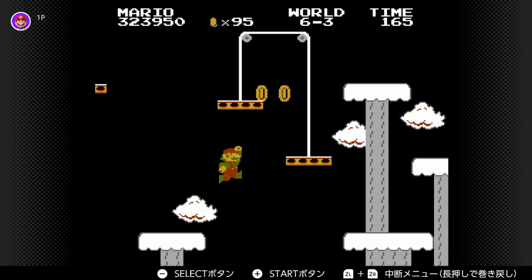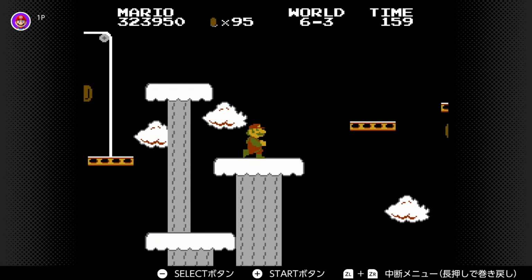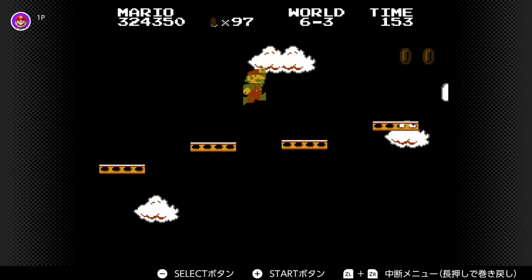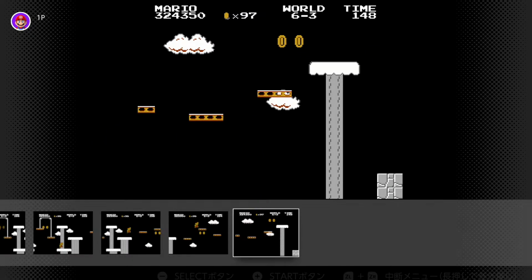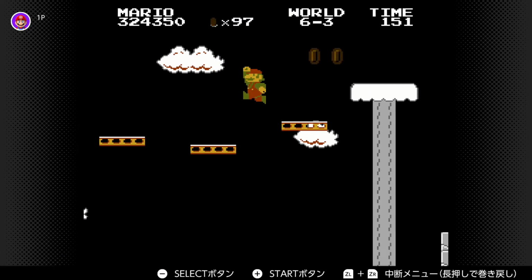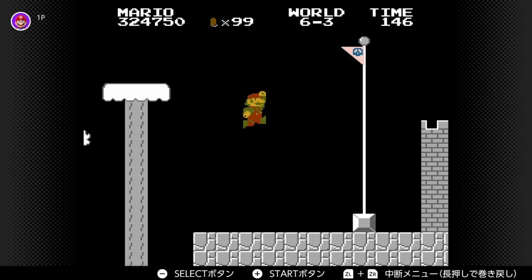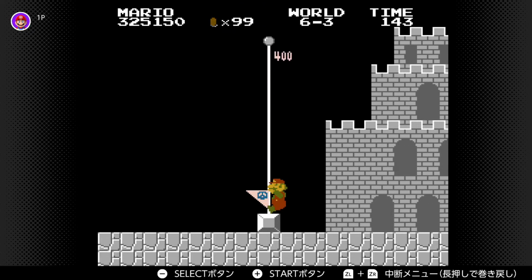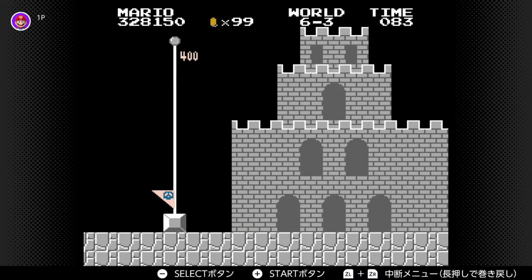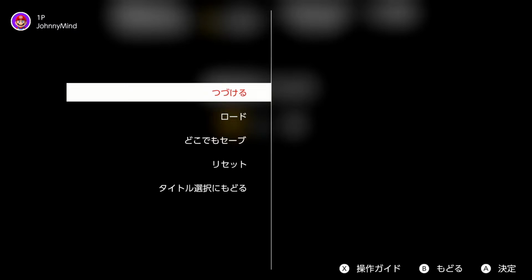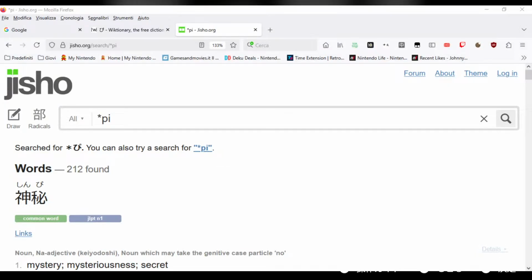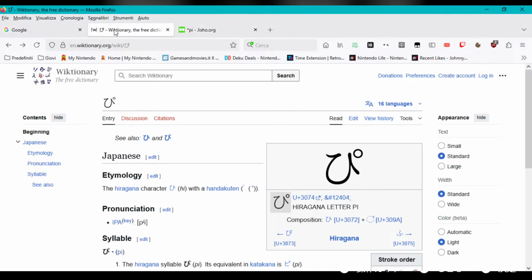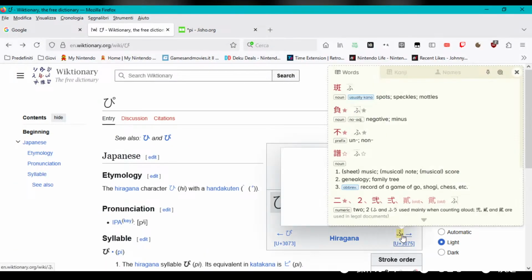Let's see if we can save it from here. Okay. Even more so if this is good training for later, as you see why when we finish Super Mario Bros. Okay, stop here. Go back to our hiragana